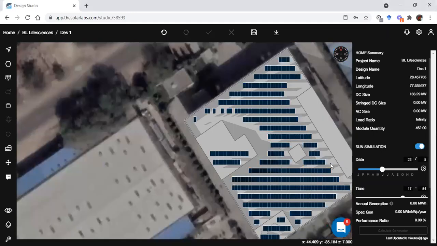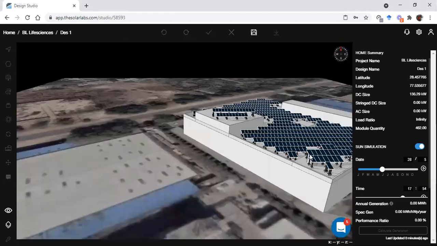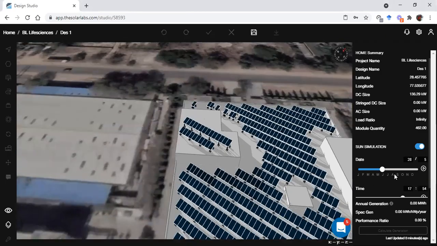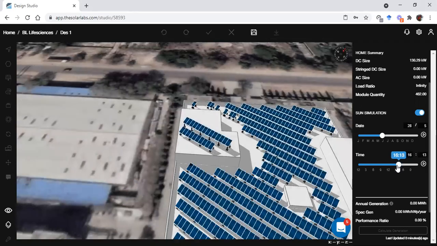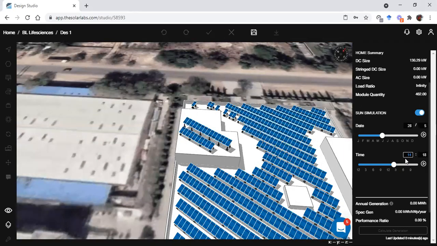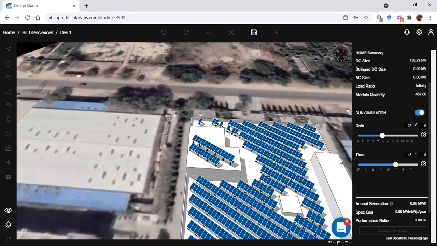If I do the sun simulation, let me go to 3D. Okay, so let's say I want to check it for 3 p.m. If I show it to you for 3 p.m. each day, you can see that even at 3 p.m. the shadow is going differently.